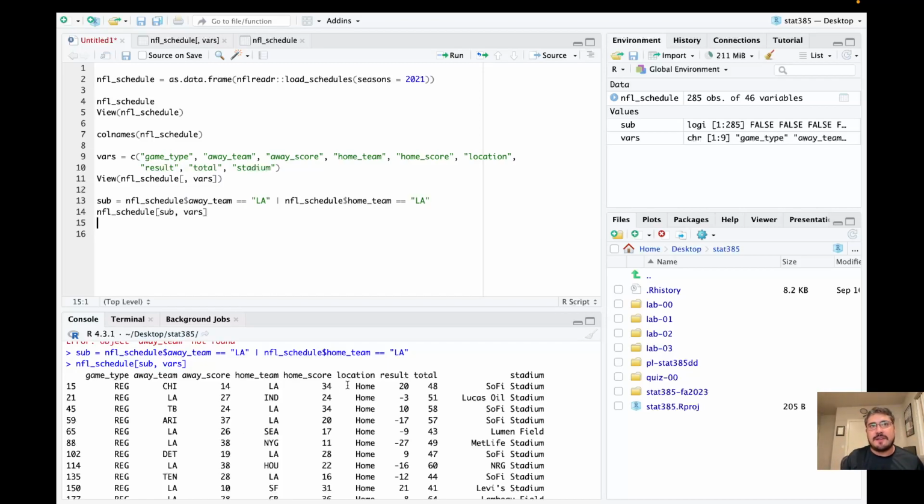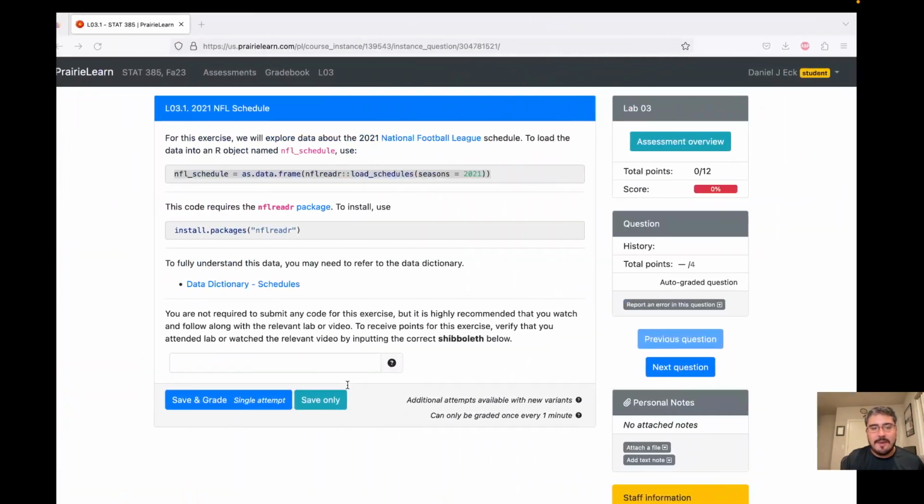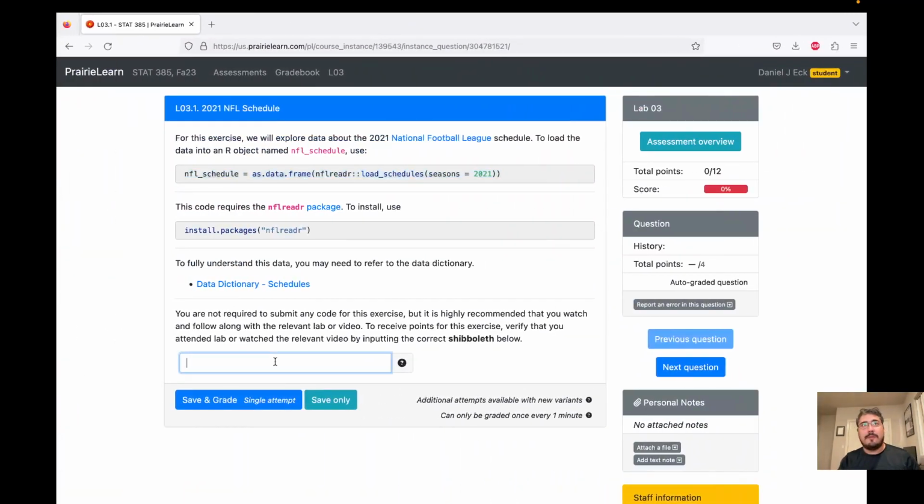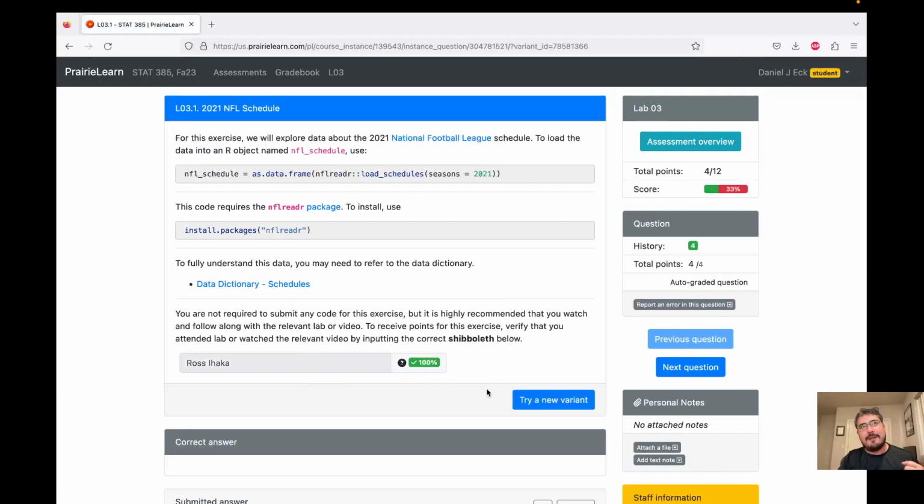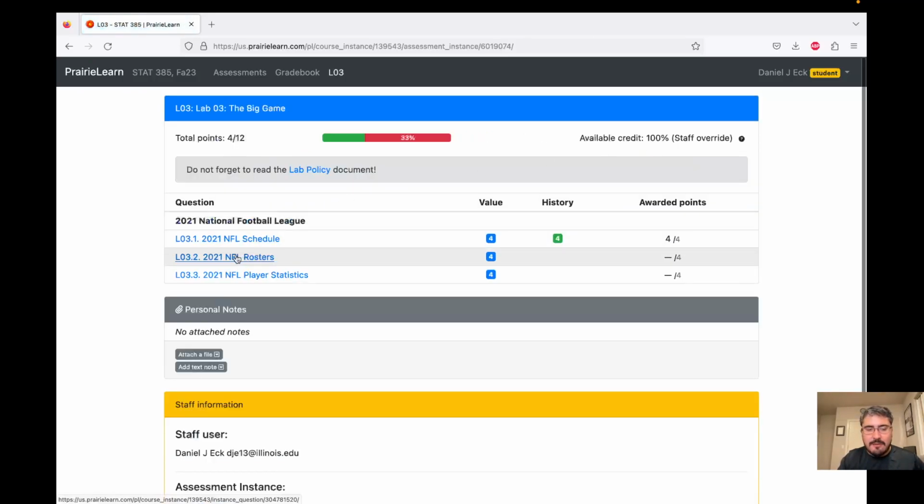So now let's go back to our lab and input probably what you want, the password. And this is one of the creators of the R programming language. Okay, great. Got that correct. Okay, so now